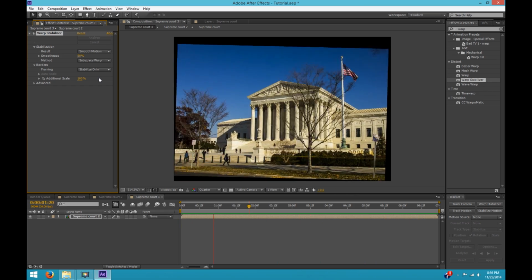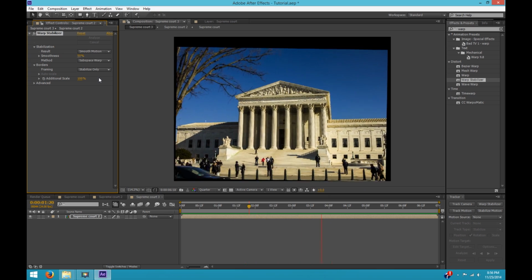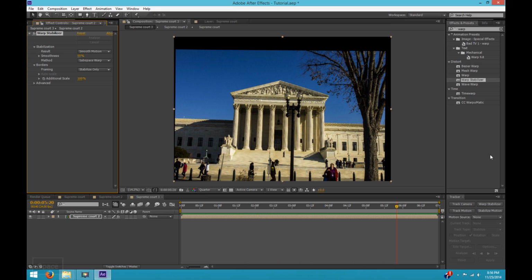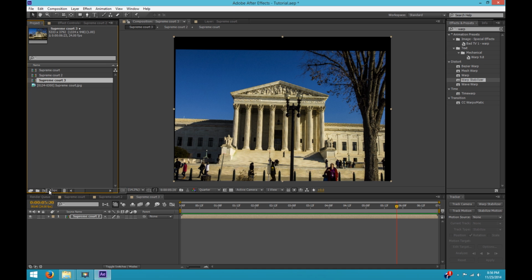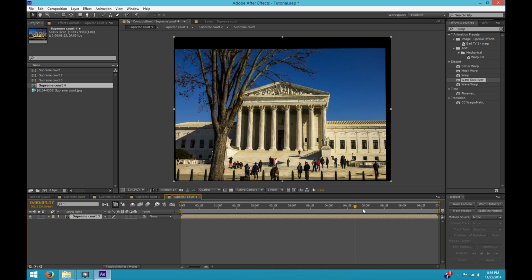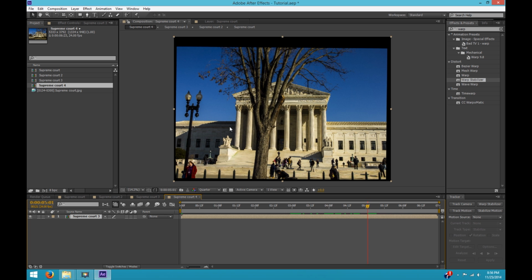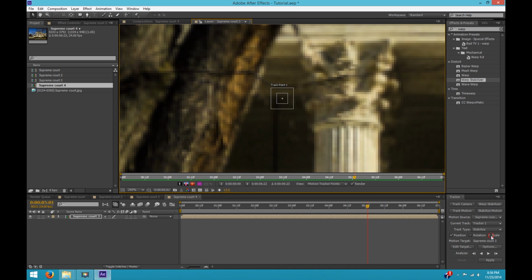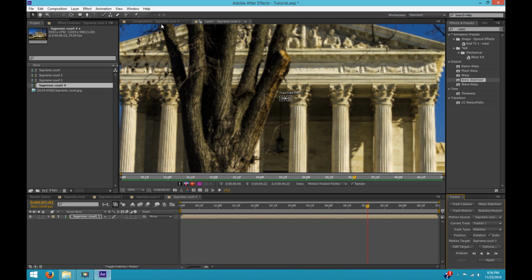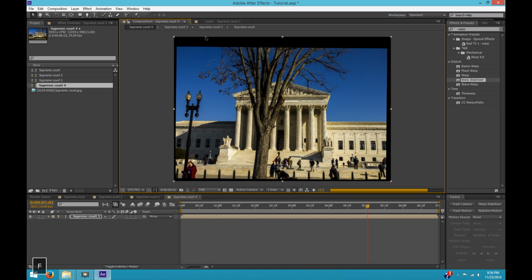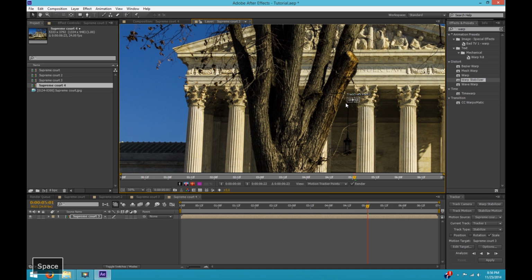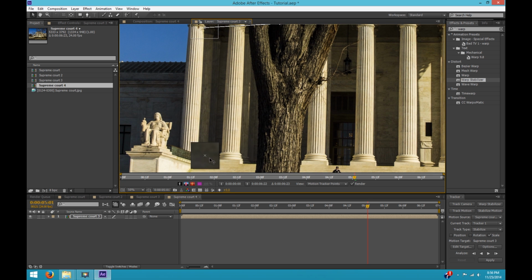It's not too bad. You could try to fix that by just doing a scale only. Just do manual tracking. I would drop this into another subcomposition and only do a tracking point from maybe right around here. Maybe try to pick a couple of points on a pillar and just do stabilize motion and just do scale only, because everything else is pretty smooth. Go back and change this to full. And I would just pick a point at the top of the pillar and a point at the bottom of the pillar. See if we can smooth this out.